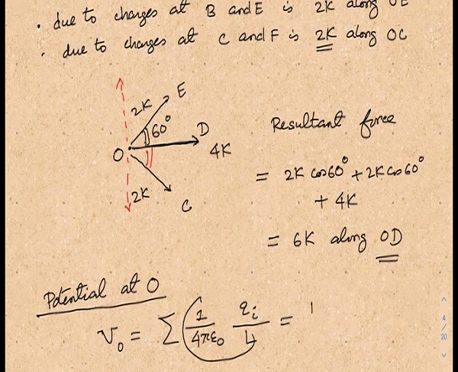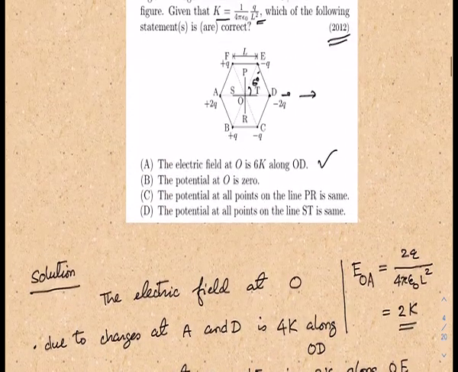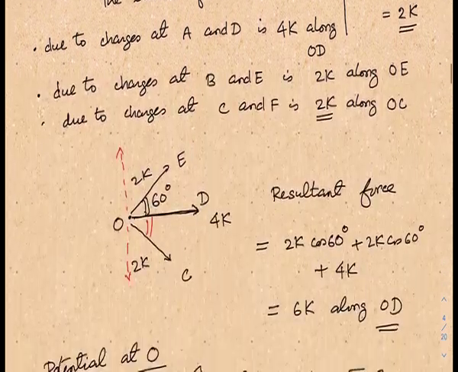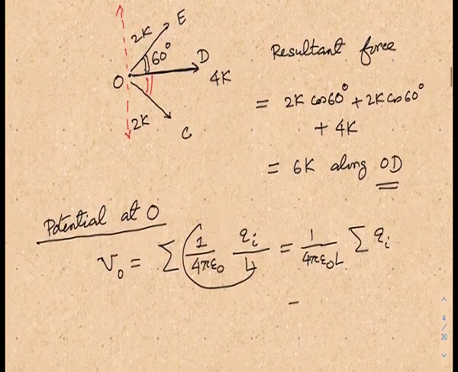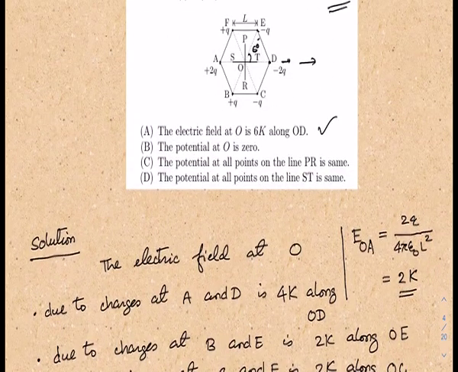So I will have 1 by 4 pi epsilon 0 L, sum of all the charges, and you can easily see that if you sum up all the charges, that is going to give you 0. So therefore this would be simply 0. Is that option there? Yes, that option is also correct. Now